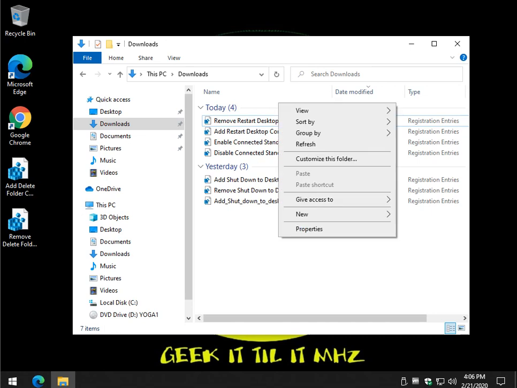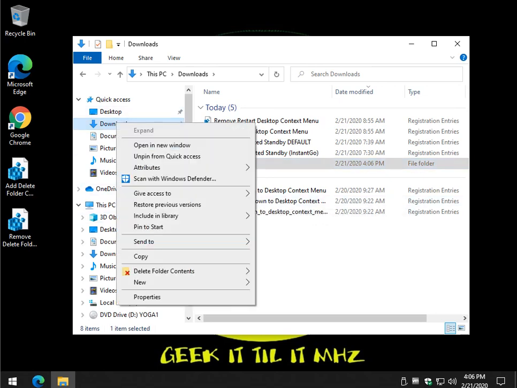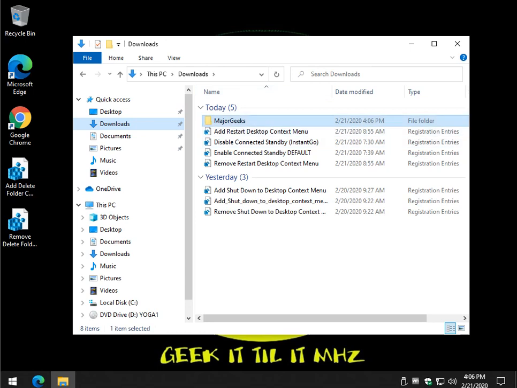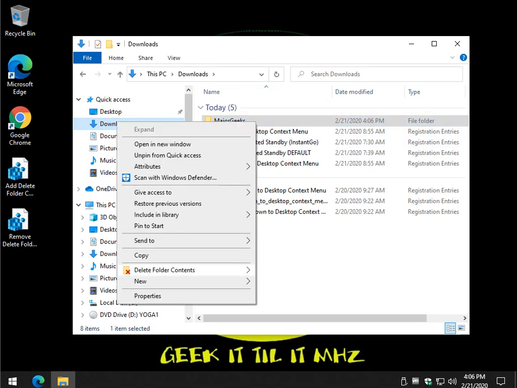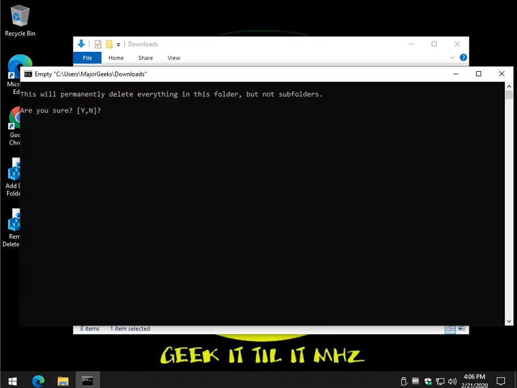Although we don't have one here, let's make one real quick just so we can show you how it works. So let's right click on download. We want to get rid of everything, but we have the subfolder here which I don't want to touch. So let's right click, delete folder contents, but not the subfolders. A command prompt is going to appear. You press Y or no if you change your mind. Once you press it, it's over, so be careful here. Once you do it a couple times, you'll get real used to it. Hit Y,